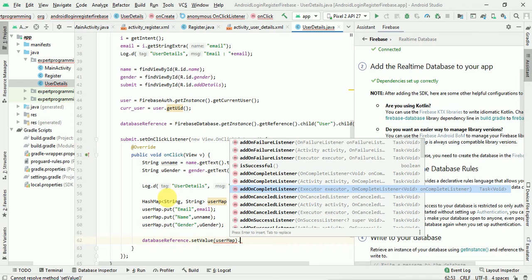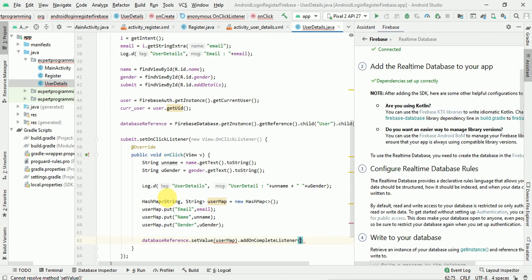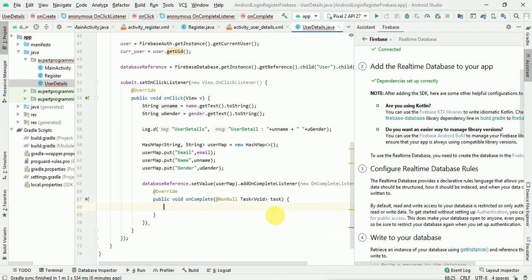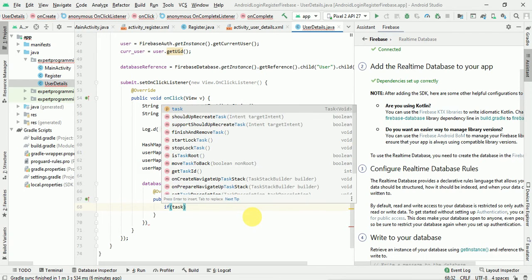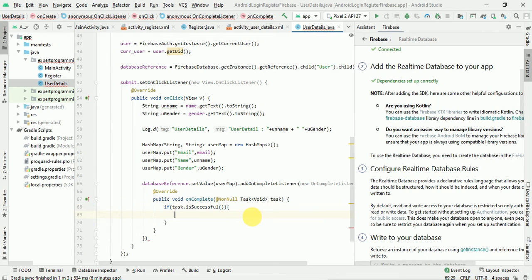Now there are many functions if you see over here. So we are looking for on complete. When it's complete, then only we will get the response. So on complete listener, new on complete listener. So once it gets completed, here you will get the task. So now we will check if task dot is successful,